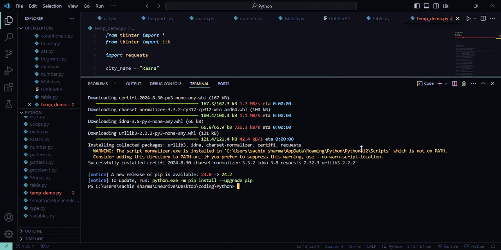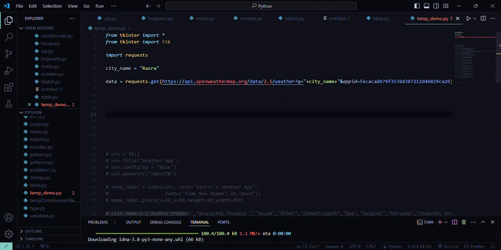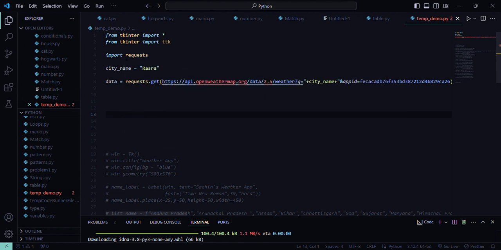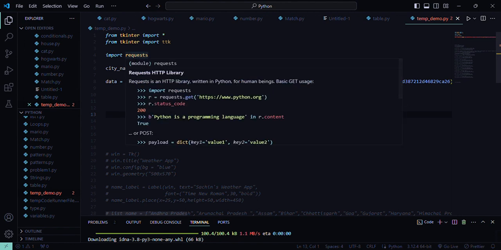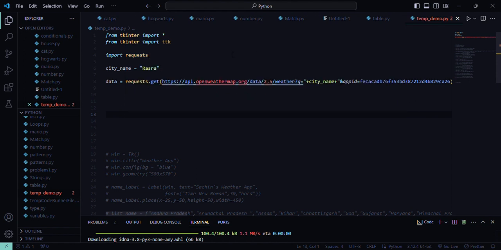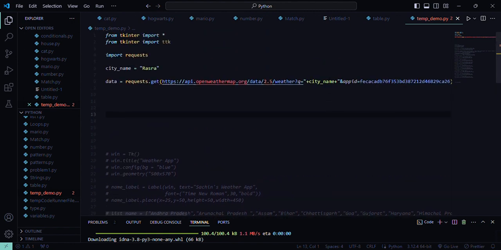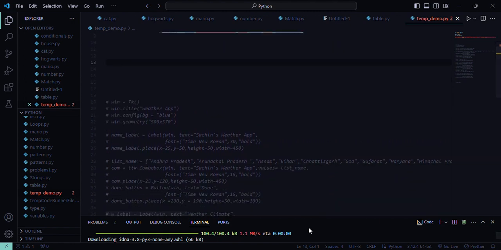So let's see, you can see here the underlines not showing here. So with this command you can easily install your